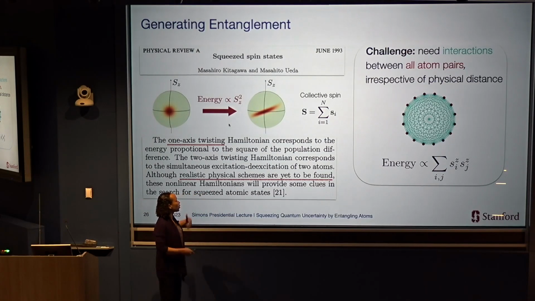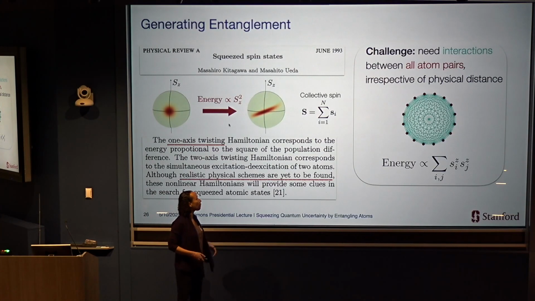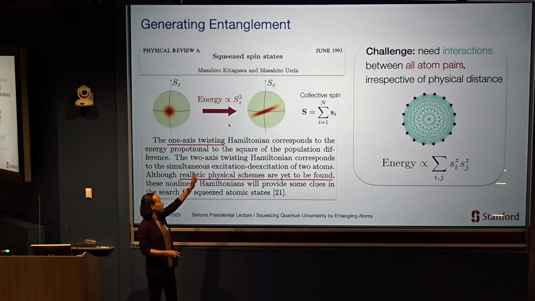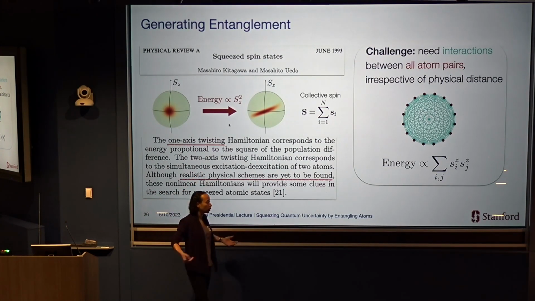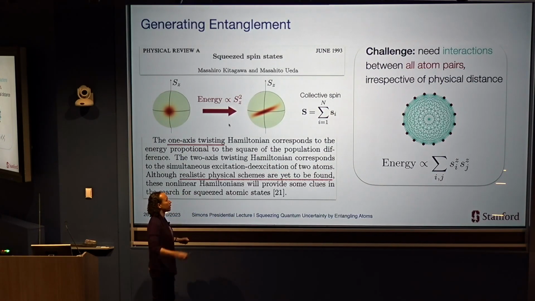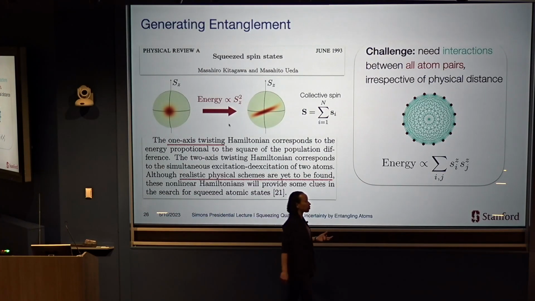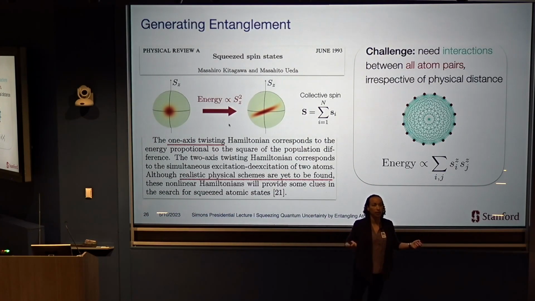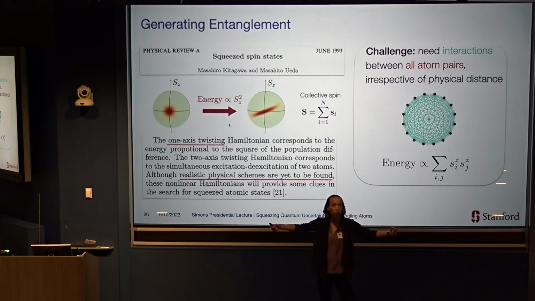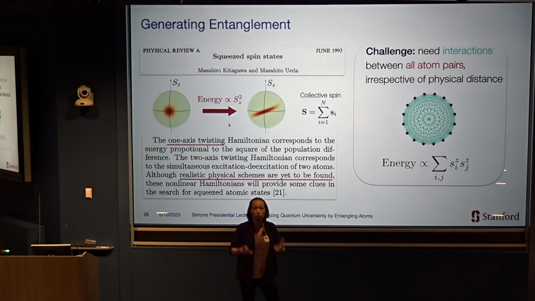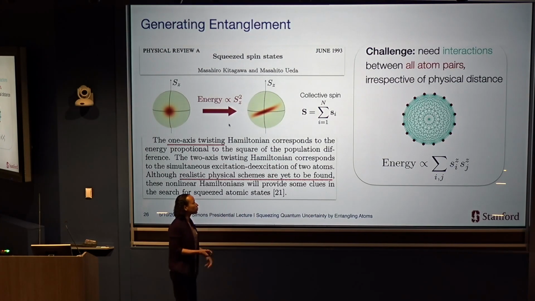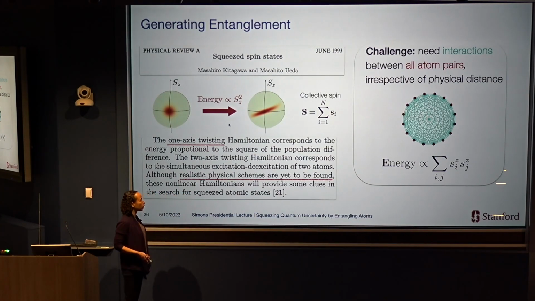What this gives rise to is a scenario where each spin precesses at a rate that depends on how many other spins are up. If there are more spins up in total, the precession is faster. If there are more down in total, the precession is slower. And so this blob of uncertainty gets twisted into something that's narrower in one direction. But the reason that this is hard is that in nature, we don't usually find systems where every particle interacts equally with every other, irrespective of how far apart they are. Most interactions we find in nature decay with distance. So this is an exotic form of interaction.